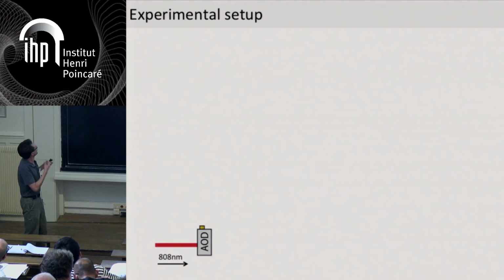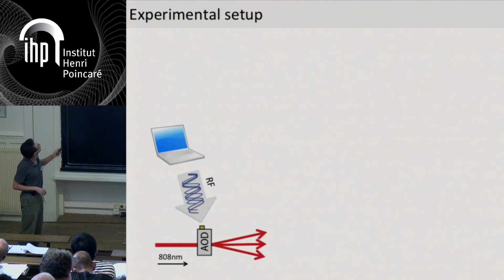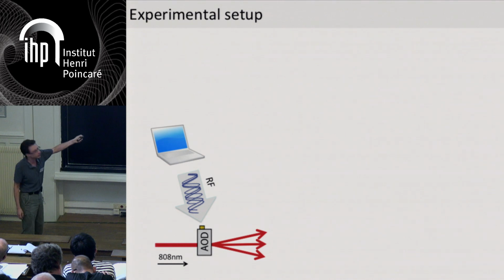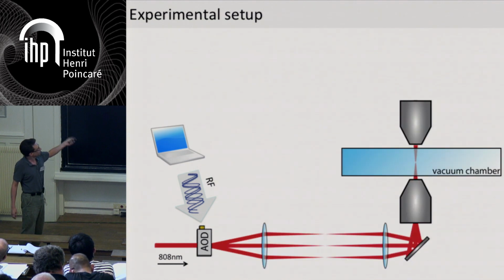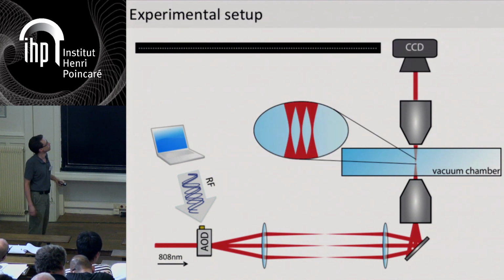All right, so how does this work, a little bit more concretely. At the heart of the device is an acousto-optic deflector into which we send typically 100 different tones, and each of these tones will create a diffracted beam with a different angle, the angle being dependent on the frequency that you send into this AOD. And then these beams are imaged through a high NA objective to form an array of traps at the center of a vacuum chamber here.